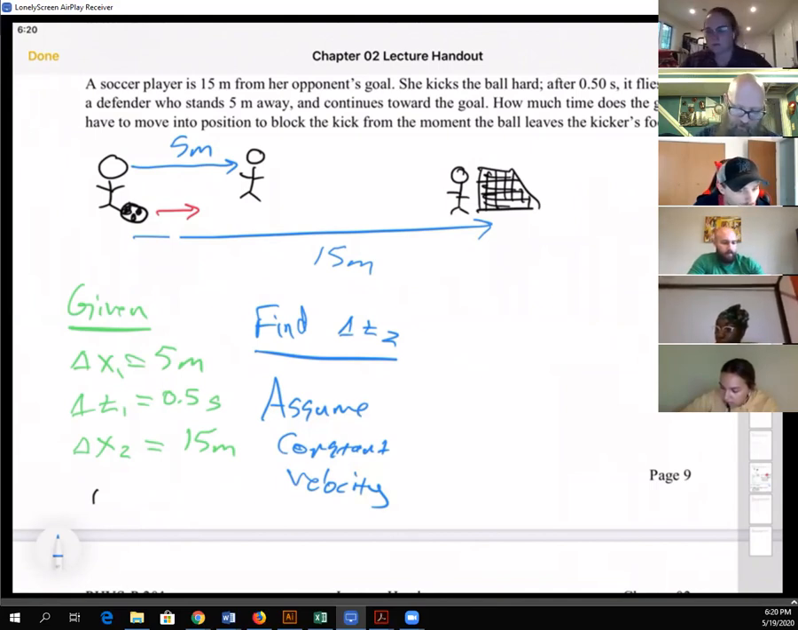So let's assume constant velocity, and I have a constant velocity equation, right? I actually only have one constant velocity equation. By the by,